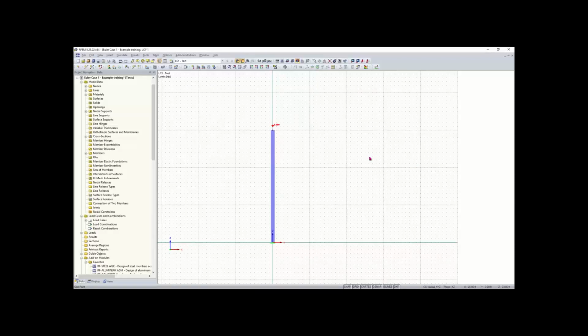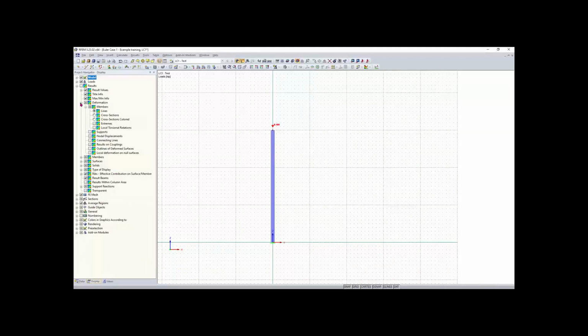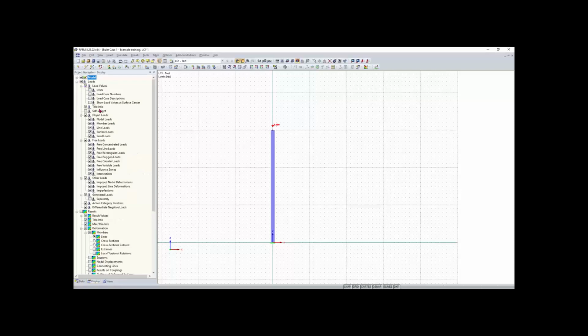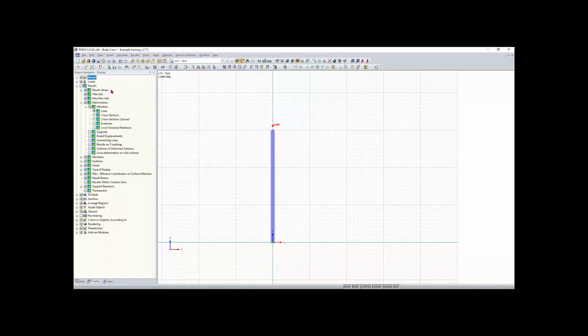I'll click OK. And yeah, if you're ever confused about the self-weight and how it's being applied, another tip is you can go into your display tab down here in the project navigator, and you can go to loads, and then you can always display your self-weight. So you can turn that on if you'd like, but by default that's turned off. So yeah, now that I decreased the loading on our column here,